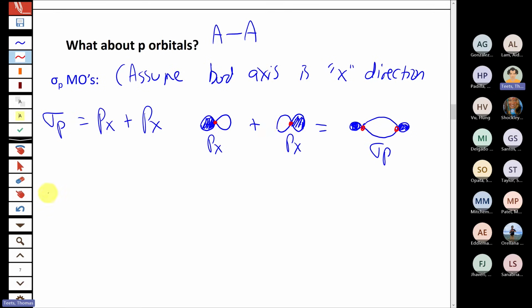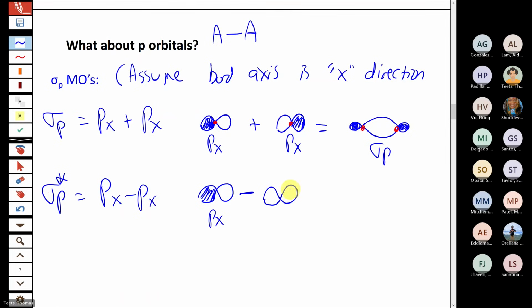And then now again, as we said, whenever two orbitals combine, so in this case, two px orbitals, they're always going to make an antibonding and a bonding orbital. So the bonding orbital is at the bottom, and the antibonding orbital will be above that in energy, so it's going to be sigma star. And that's going to be just, again, the out-of-phase combination of those same two orbitals. This time we're going to subtract the two. Subtracting two orbitals is the same as taking one of them and just flipping it over.